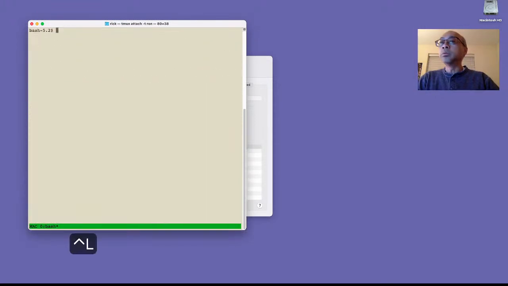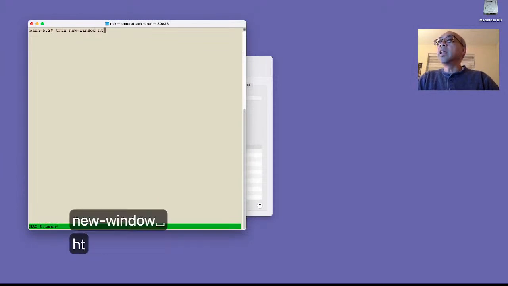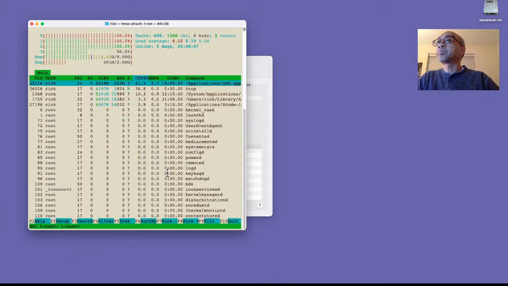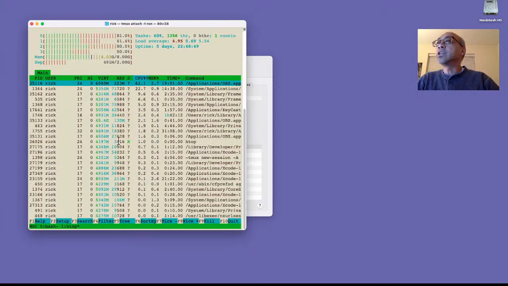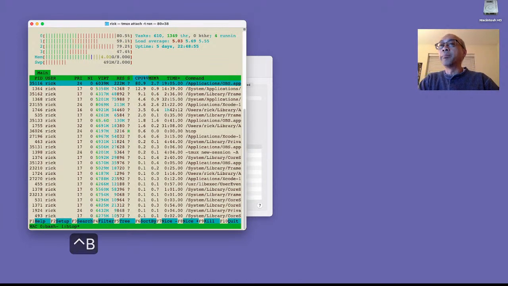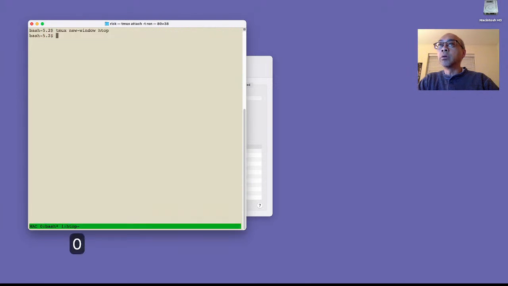And now I'll do tmux new window and htop. So now I have an htop running in this terminal in window number 1. Then in window number 0, I have my usual